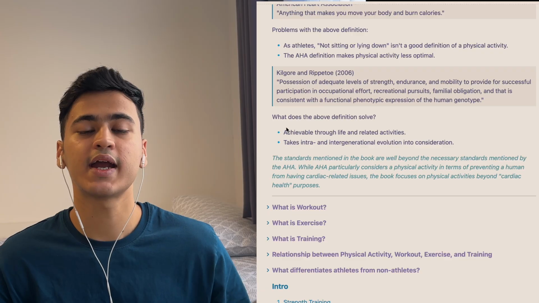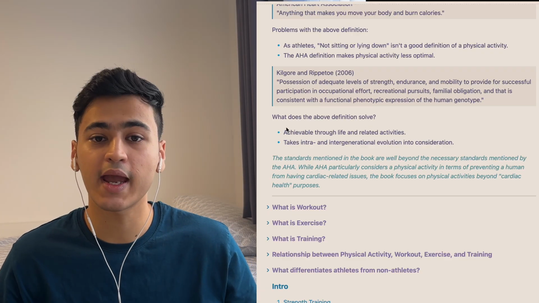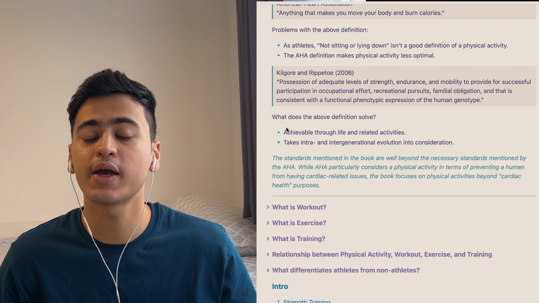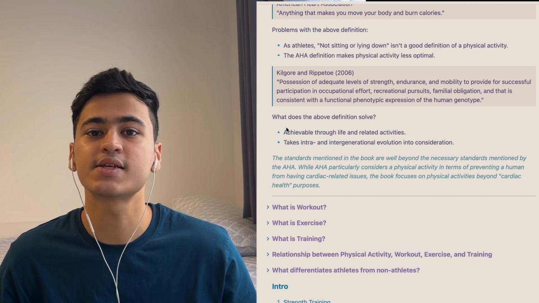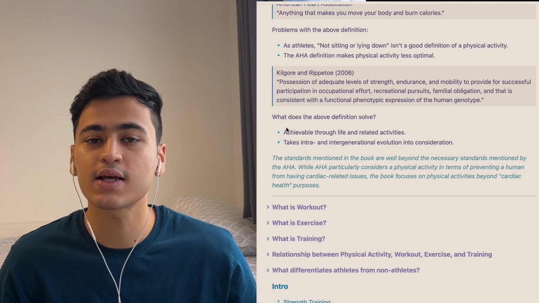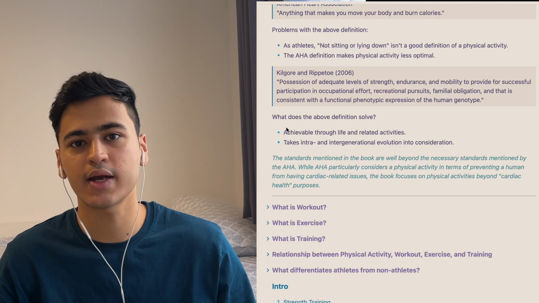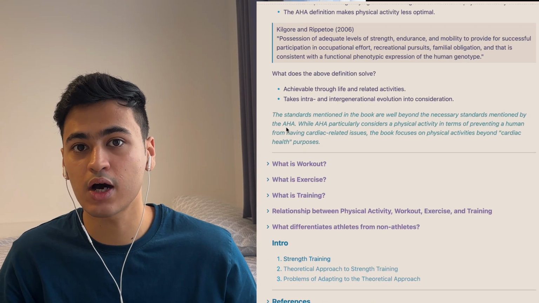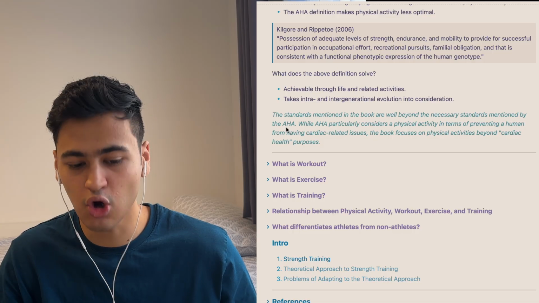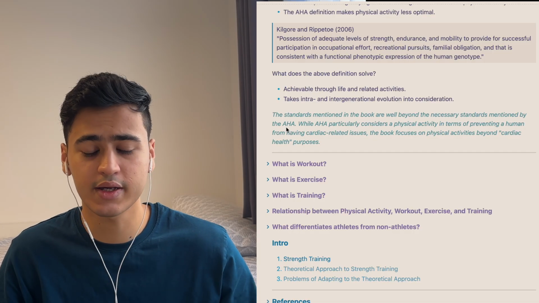So what does the AHA mean when it talks about physical activity? It means that any person who avoids cardiac related disease is healthy. So all the physical activity defined by the AHA is towards a person not having cardiac disease. But what we are learning now is anything which is beyond cardiac health purposes. It is much more than cardiac health.